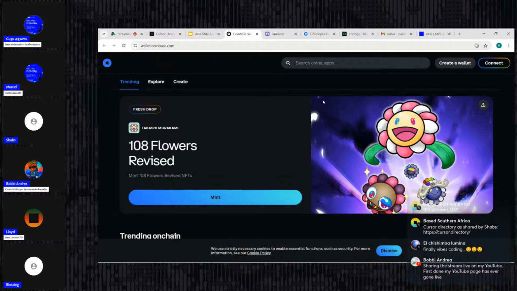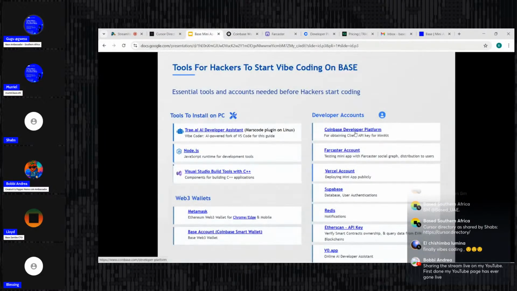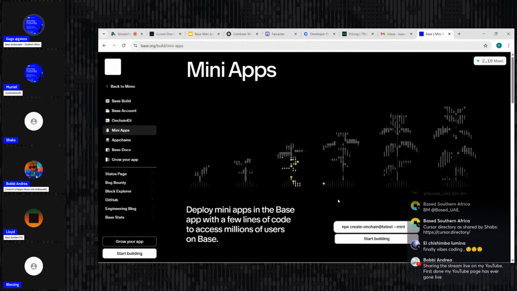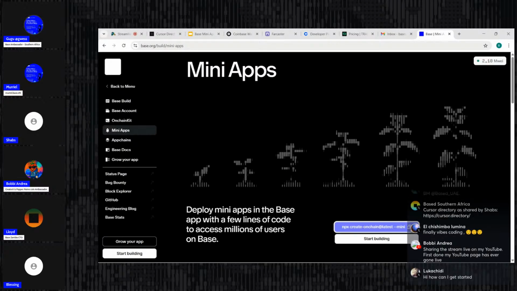And then on the next call, we'll start to put together how all this stuff works together. So all these tools that you set up, we're going to start to break it down, like where they work, at what stage do you use them. So each of them, you use them at different stages, right? But to get started, you just need to get your Coinbase developer key, your IDE, your base docs, which is this prompt. Sorry, this line of code. Yeah, so that's how it works. Apologies.